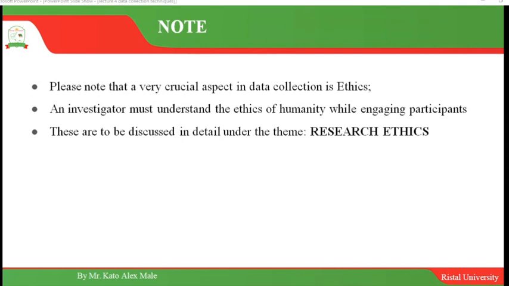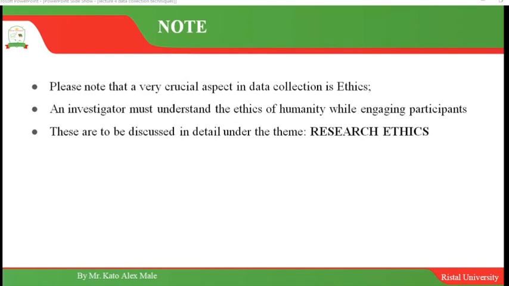Therefore, ethics under research are going to be discussed in detail under the theme research ethics. I didn't include the data collection ethics here because I thought that you wouldn't pick the concept very well. Therefore, I'm going to give you a very good detail of how you can protect confidentiality, how you can ensure privacy, how you can ensure that these people's rights are very well protected. And